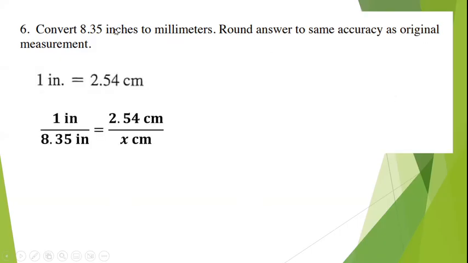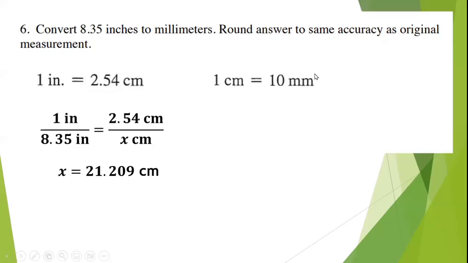Here is our first proportion, keeping our inches on the left, centimeters on the right. Solving for our centimeters, cross multiply and divide. We get 21.209 centimeters. Now that I know how many centimeters are in 8.35 inches, I'm going to do one more conversion,